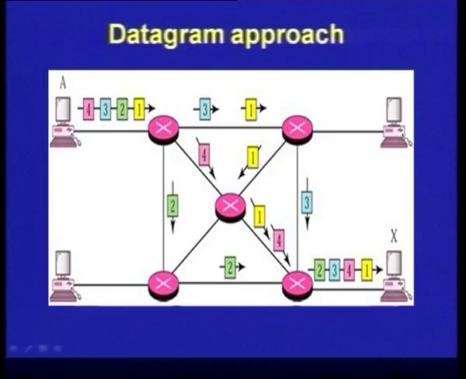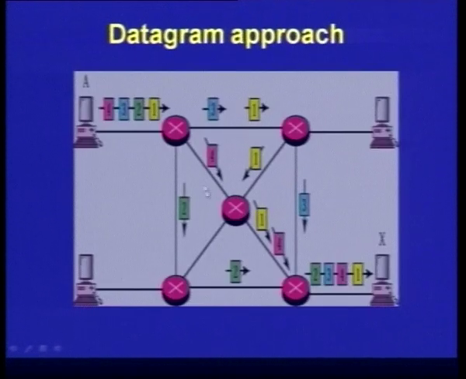We've just been looking at how the connectionless datagram approach works in the packet switch networks. So let's just take a look at this example again. So I have a picture here of 4 packets coming in from A and which are to be sent to X, which is the destination. These here are the routers, the pink ones here, and you can see how the different packets which belong to the same connection, same set of data transfer, that is packets going from A to X, can